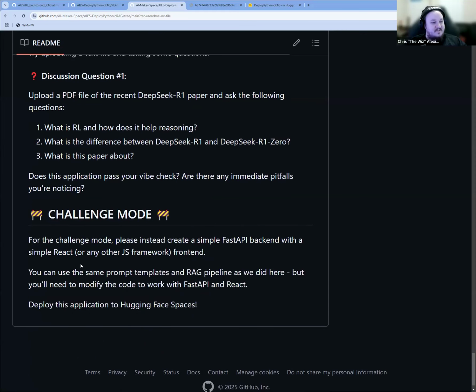You'll also notice at the bottom of this assignment that we have this challenge mode, which is to recreate Chainlit, or whatever version you want. Basically recreate the ability to chat with the RAG pipeline using FastAPI and either React or whatever JS framework you consider your favorite at the moment. This is how these kinds of challenge modes are going to look through the cohort.